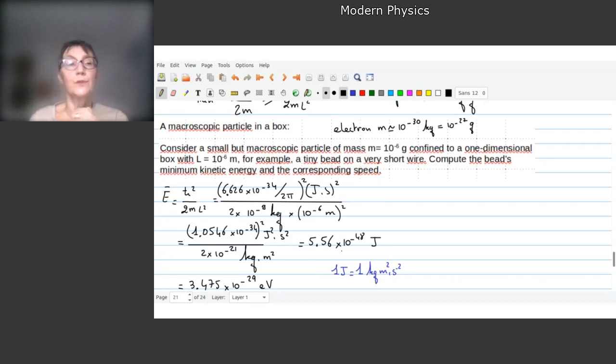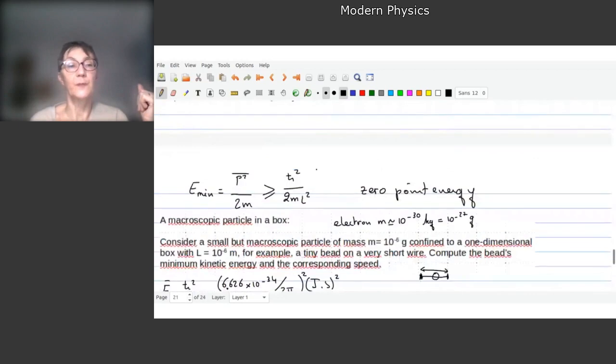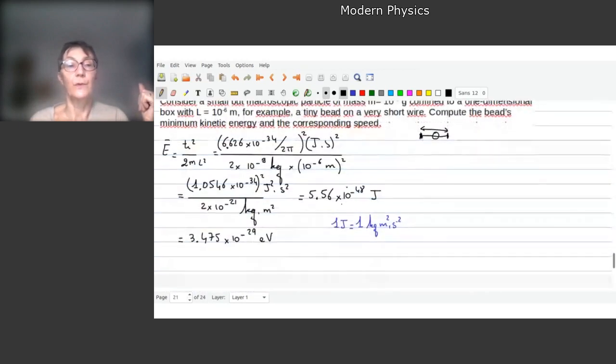And let's say it's confined to a one-dimensional box, with L equal to 1 micrometer, 10 to the minus 6 meter. For example, a tiny bead on a very short wire, and the bead can explore all this wire. We want to know the minimum kinetic energy and the corresponding speed. So we use the expression here, and if you do that,